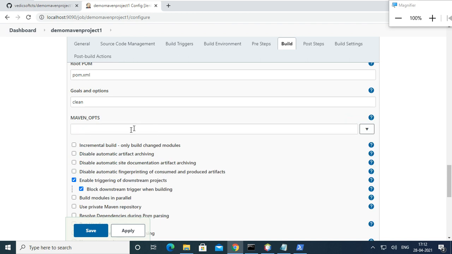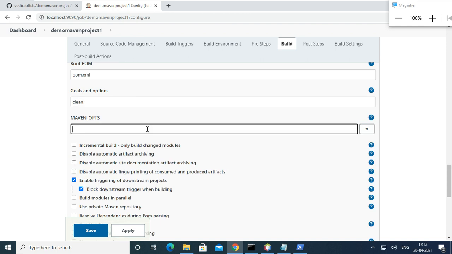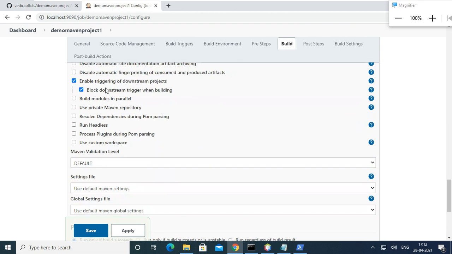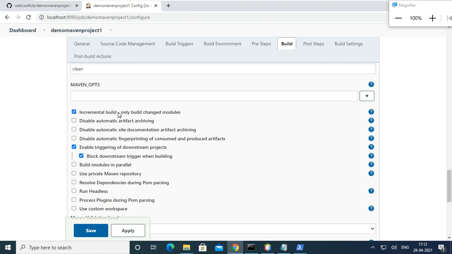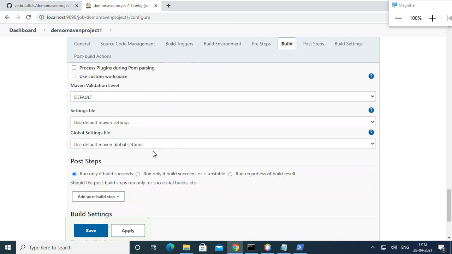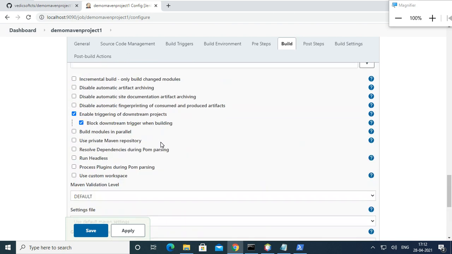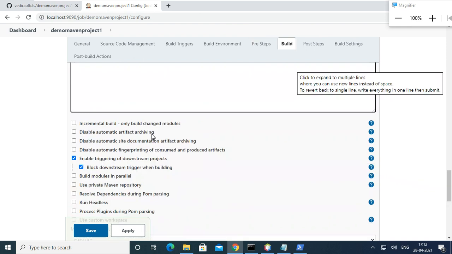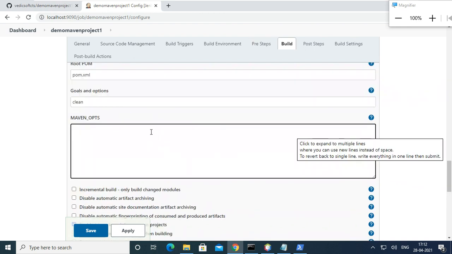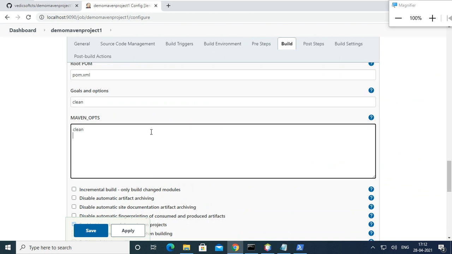Otherwise you can get other information also here. Incremental build only, build changed modules, other information. So a lot of things are there to do. Okay. So here I put a thing. So we'll see what will happen.